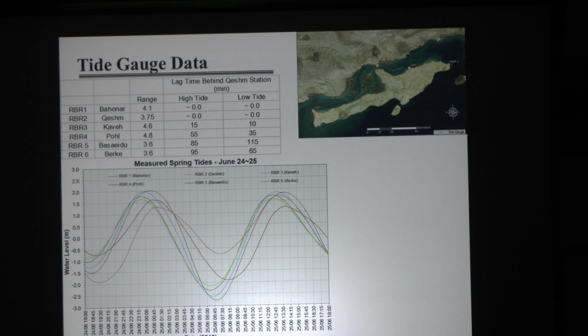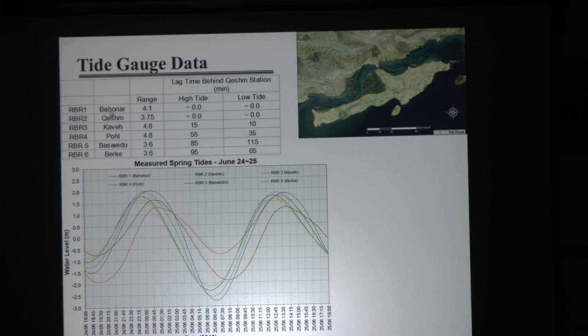Okay, if we zoom on the data from the 25th of June, the highest tidal range is just in the area here, something about 4.8 meters. But this table shows some comparison about the phase shift of the measured data. As you see here,